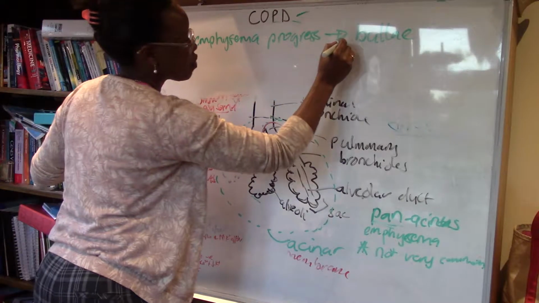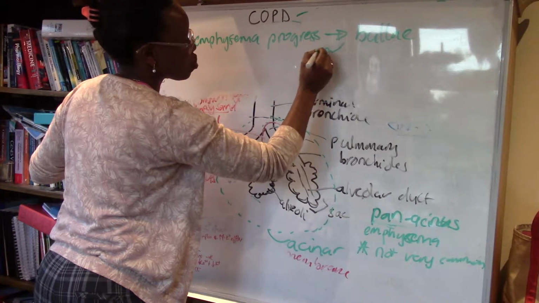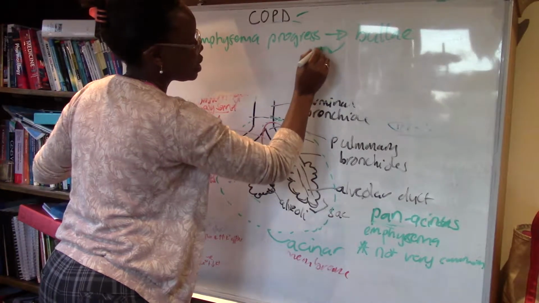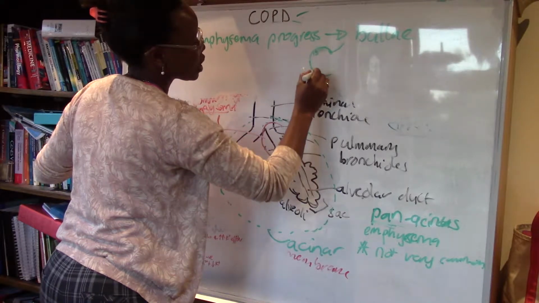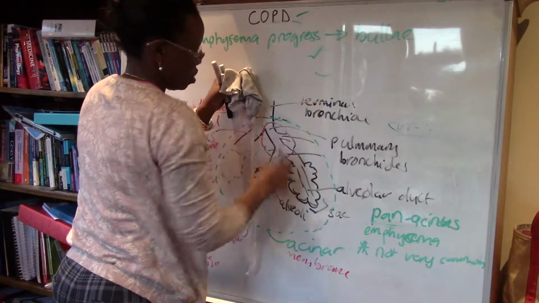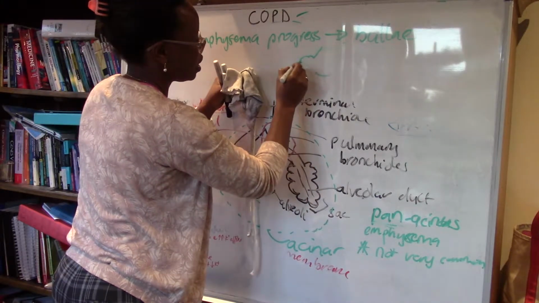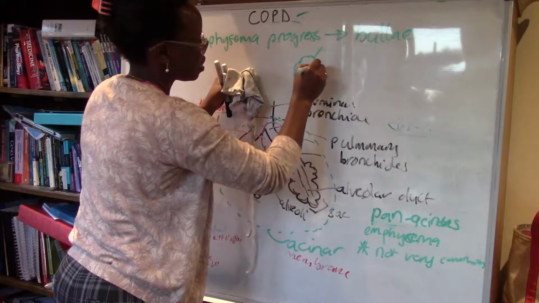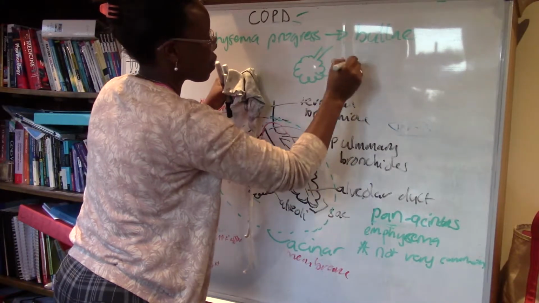And the bullae really are destroyed airways that have lost definition. If we think of that alveolar sac looking like that, we end up with a bullae